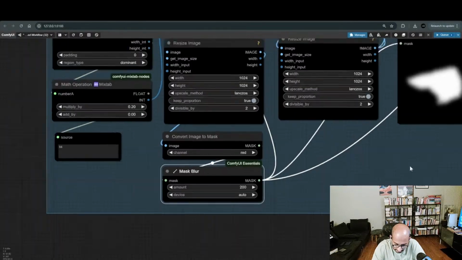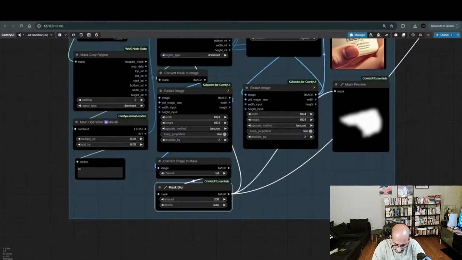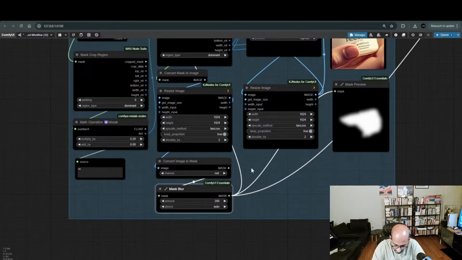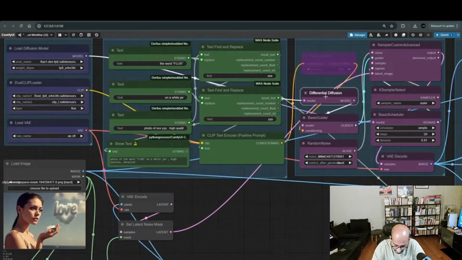Notice that in the amount I set it to 200, which is a lot. From the many attempts I've made, it really helps the differential diffusion to better understand the context, the nearby pixels,